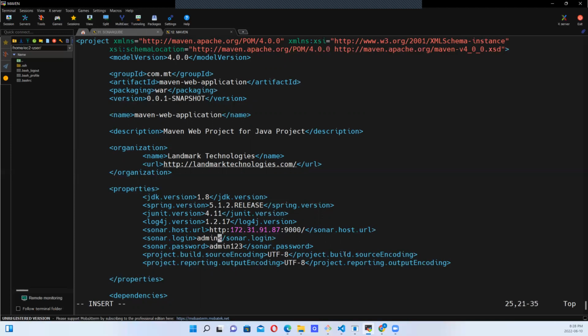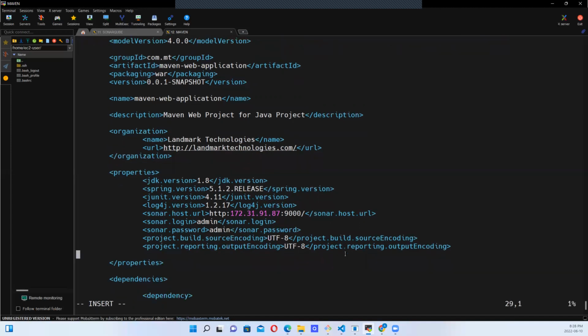The default login is admin for username and admin for password. Remember, we didn't change our password deliberately. So we can do that here. Once we've done this, we want to save. And see the steps we are following. This is something we need to do before